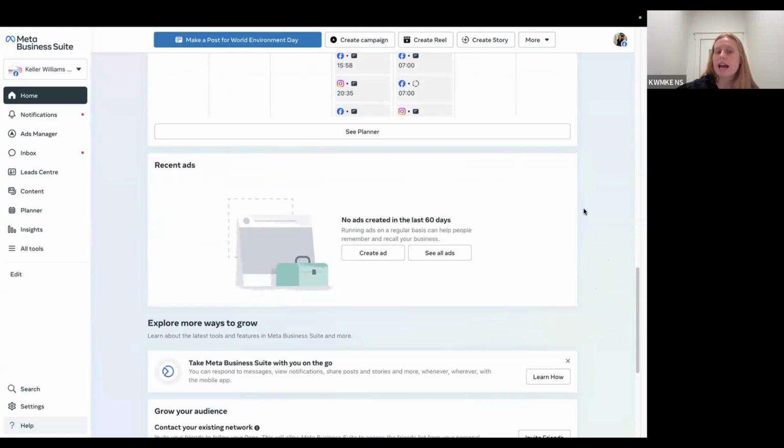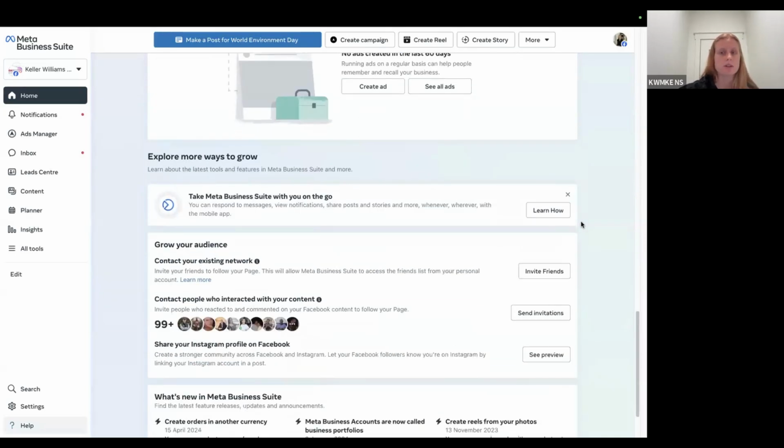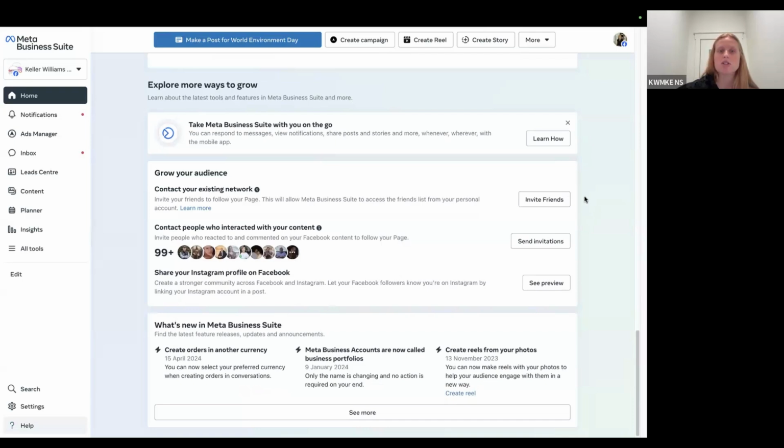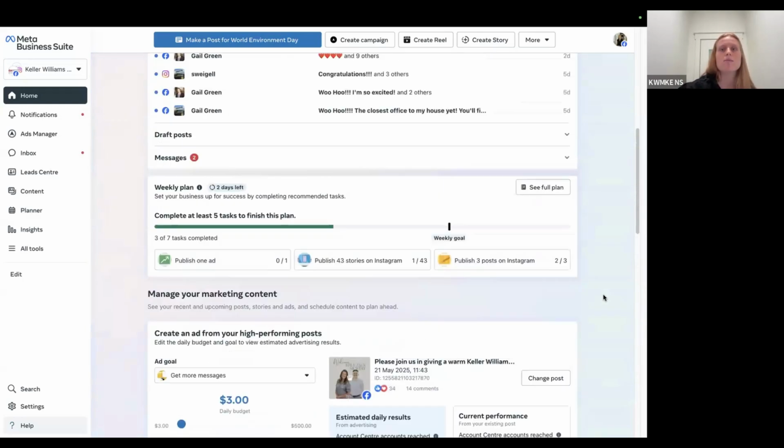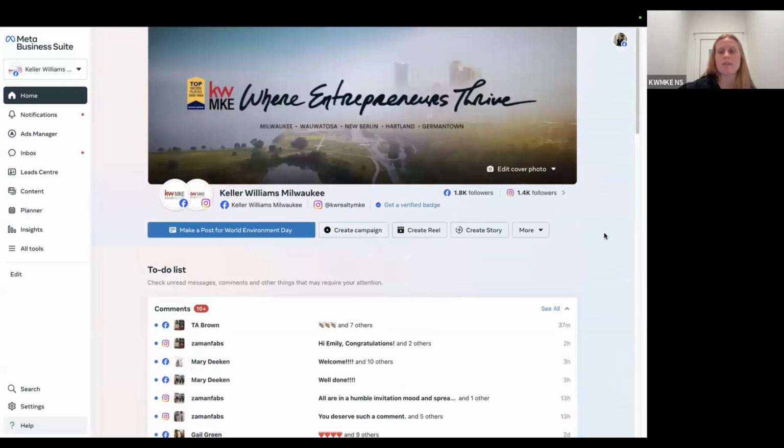If you ever do run an ad campaign, it'll be down here and it'll give you all of the statistics on what the ad is doing and what audiences it's reaching. And then just ways to grow your audience and basic Meta announcements and things like that. So you can really find everything off of this homepage.